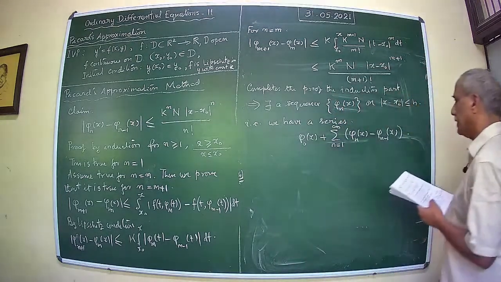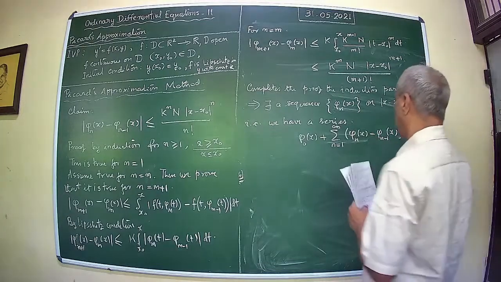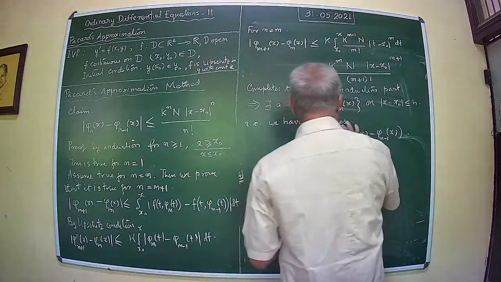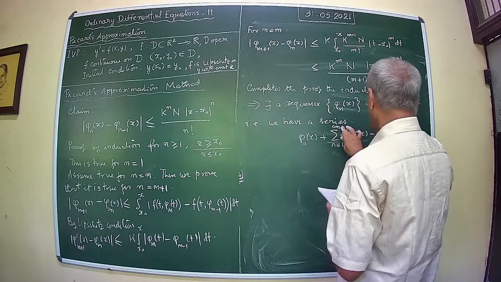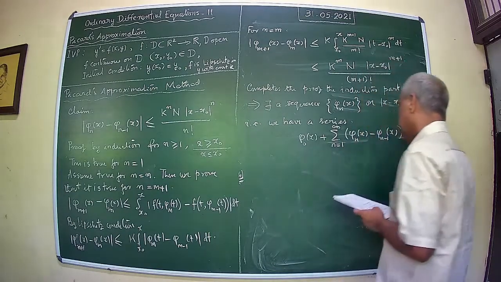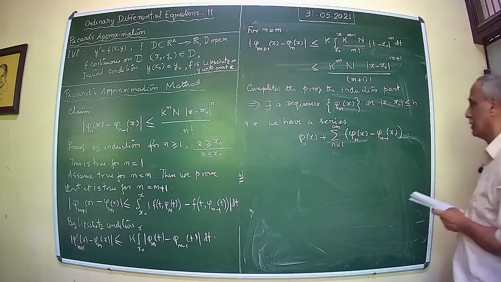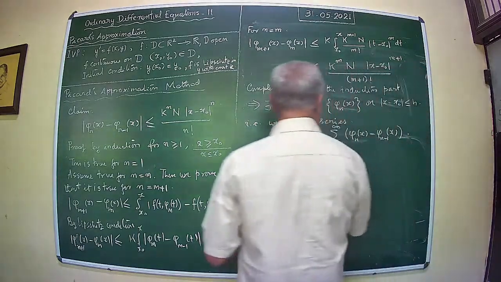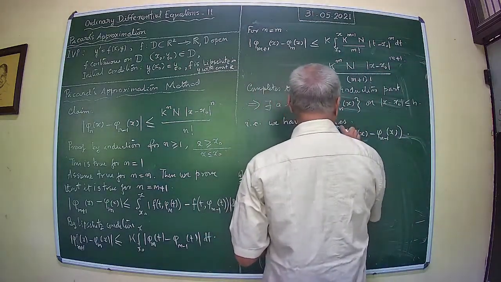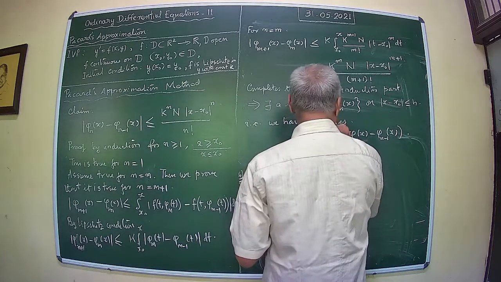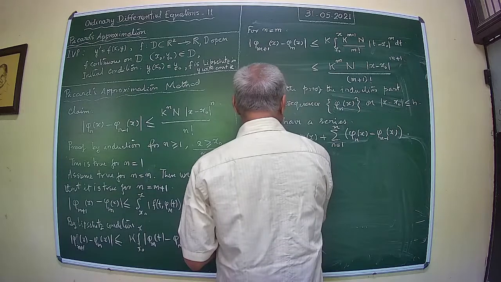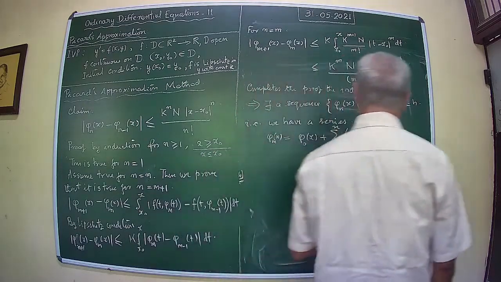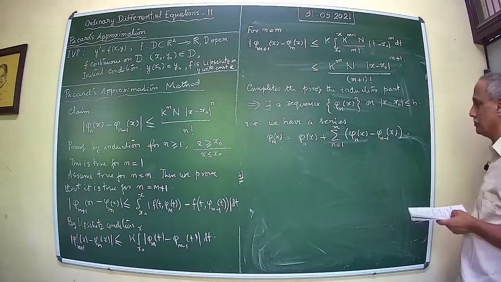Look at this series. Now if you take the partial sum, say n equal to 1 to m, then you will get phi m. Okay. So if you take this series from n to m, therefore you see that,